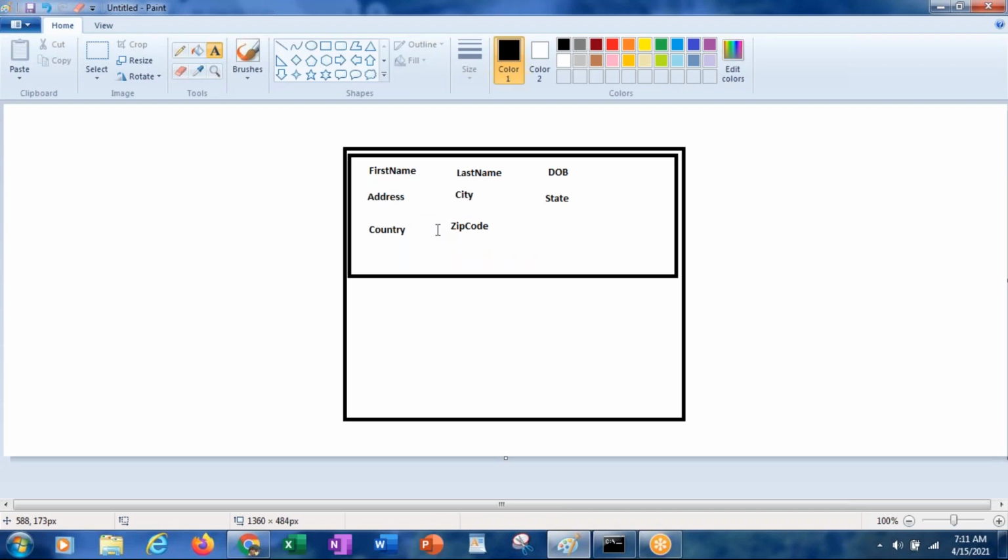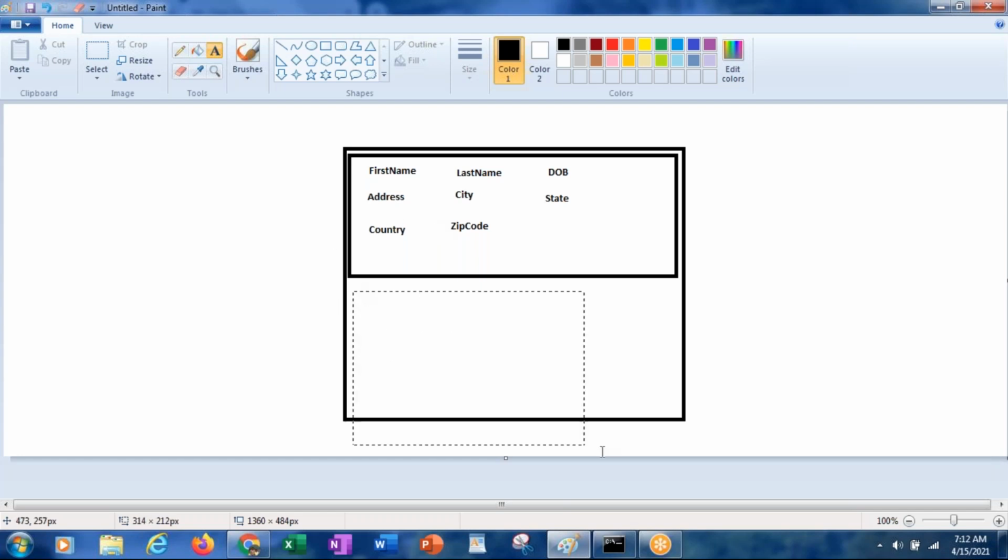Like this, can we add one more layout in the section? Yes, we can add as many layouts as you want in one section.